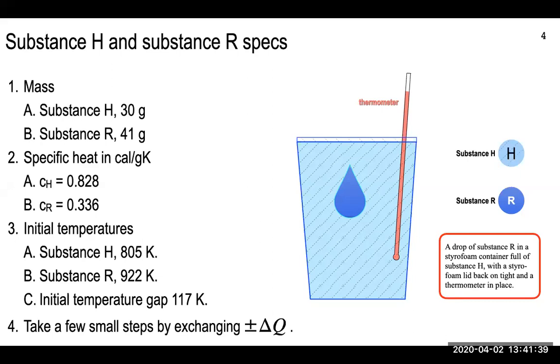And you can make a guess, you know, to get across that gap and find where the two temperatures meet. You can use any delta Q that you want. Okay, and so what we're going to do